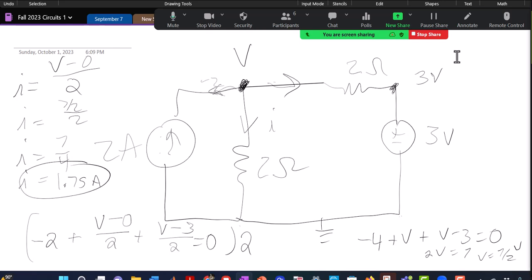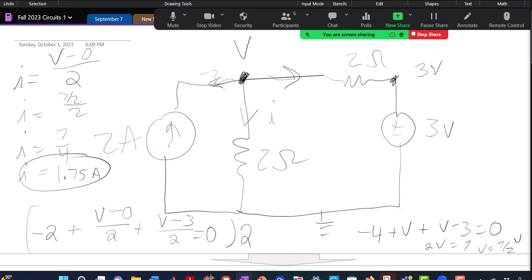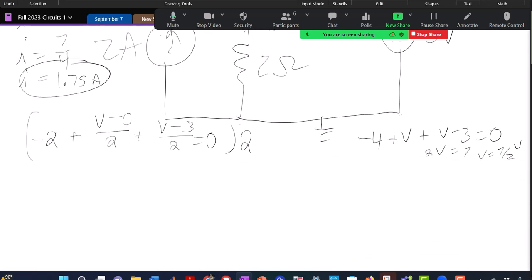So I would not have done a source transformation on that one, and if I had, I would not have gotten the right answer. Let's just see what it would have given me. I kind of don't want to do it because it's not correct. I don't want anyone to think it is correct, but I'm just going to compare it. So this is a different circuit. Let's say I had a different circuit that had a 4-volt voltage source right here,